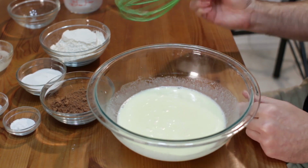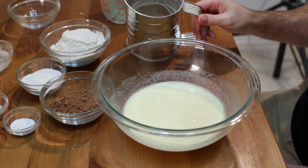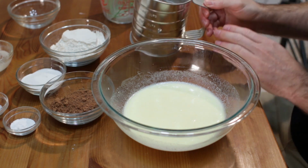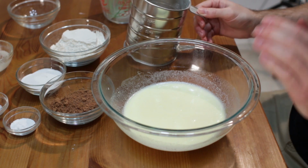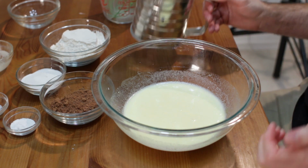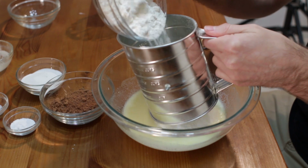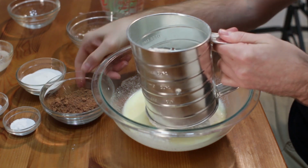All right, fantastic. Now let's go ahead and put in our dry ingredients. I'm just gonna use a sifter that I have here, but if you don't have one, that's okay. This just helps to get everything all nice and blended together, especially the cocoa powder. Sometimes the cocoa powder can get kind of lumpy, so that's why I'm gonna use this. I'm gonna start with my flour, and it's okay if it comes out the sides a little bit. 1 cup of all-purpose flour,